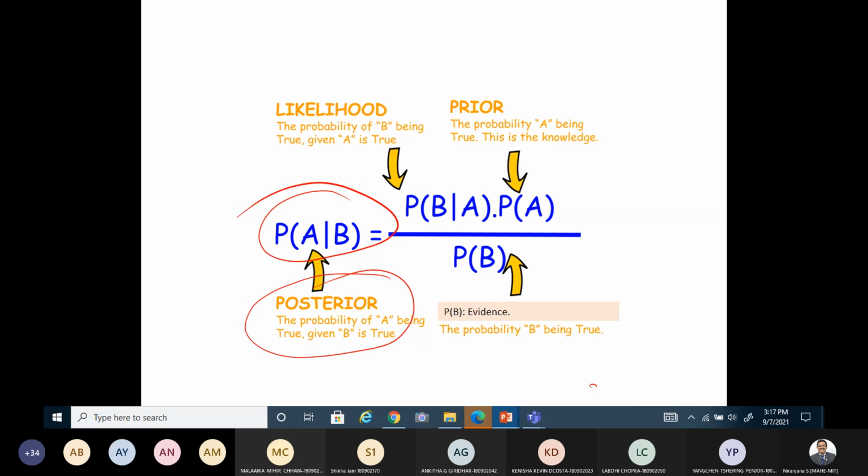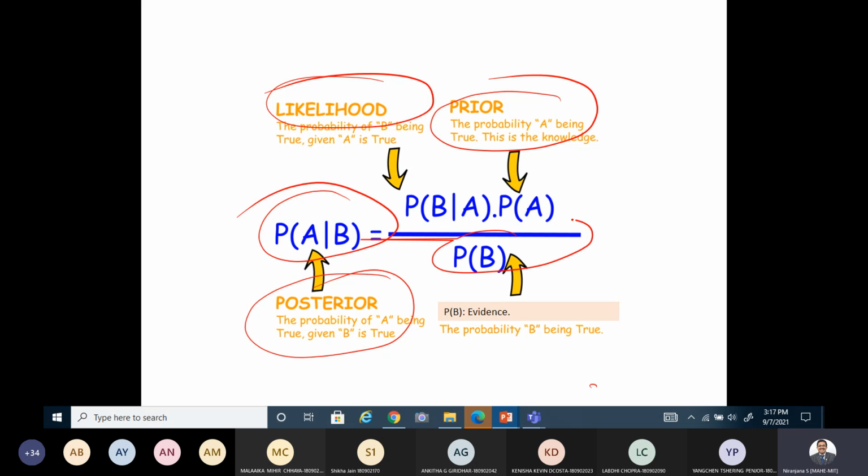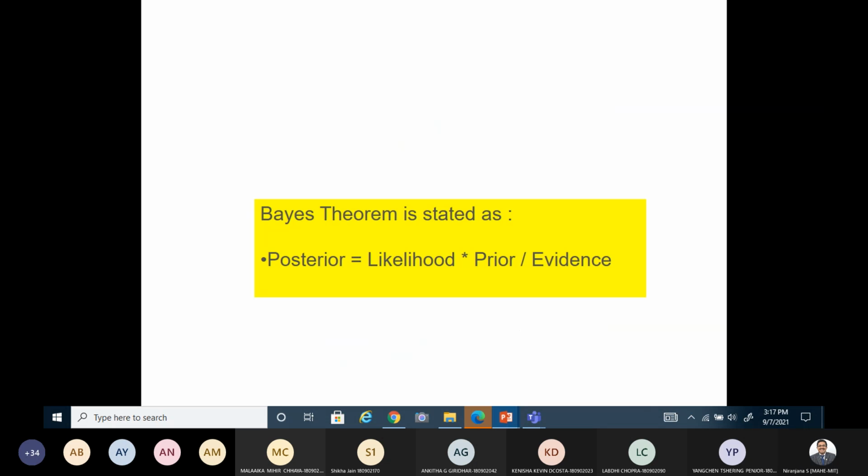This ratio, generally we call it the likelihood, and this other probability will be the prior probability. This is called the evidence, the denominator. That results in a relation for the Bayesian theorem, right? You may have heard about it. From that simple rule, they have come up with the Bayesian theorem. It tries to relate these four variables.